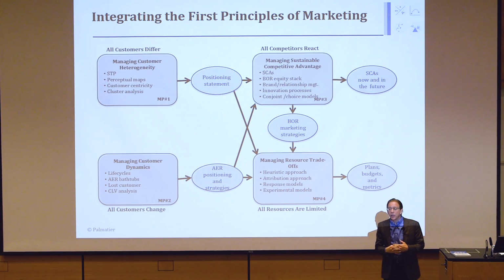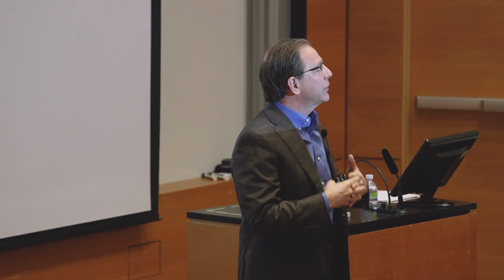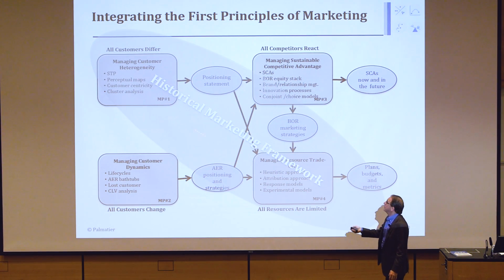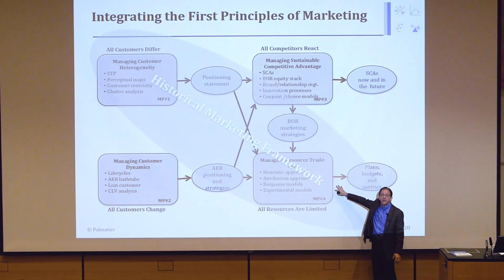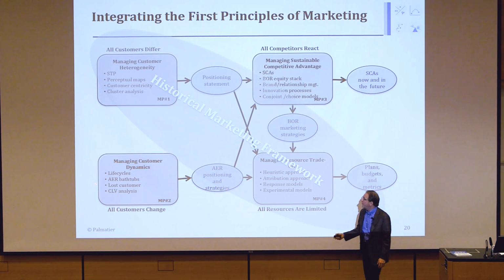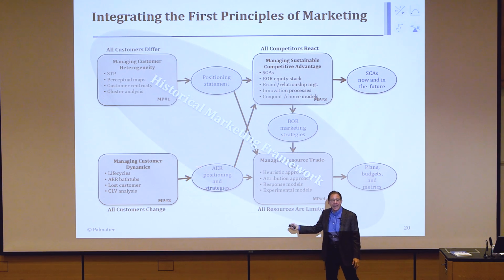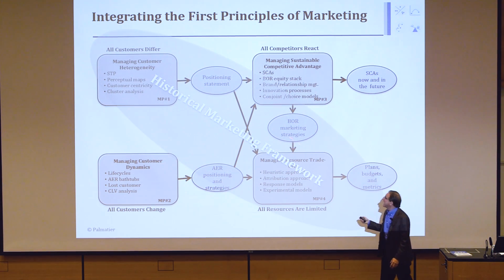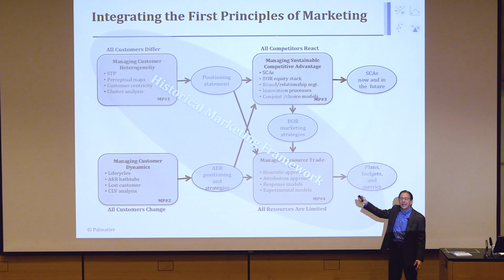It's also interesting to note, if I was teaching this or I was going through this textbook, let's say 10 years ago, I would only focus on these 2. You do your STP, dealing with all customers different, and you drive right down into your market mix trade-offs and do your plan. Where marketing has really advanced in the last decade or so is we've added in this idea of managing dynamics, and we've added in this idea of let's really understand how to build barriers around our business, or SCA.